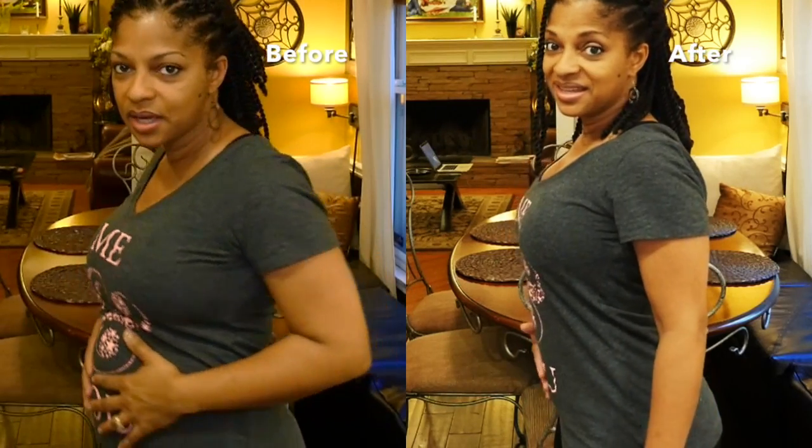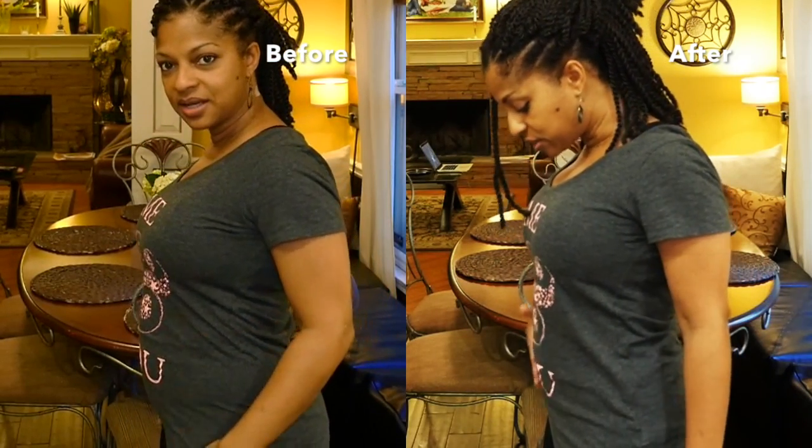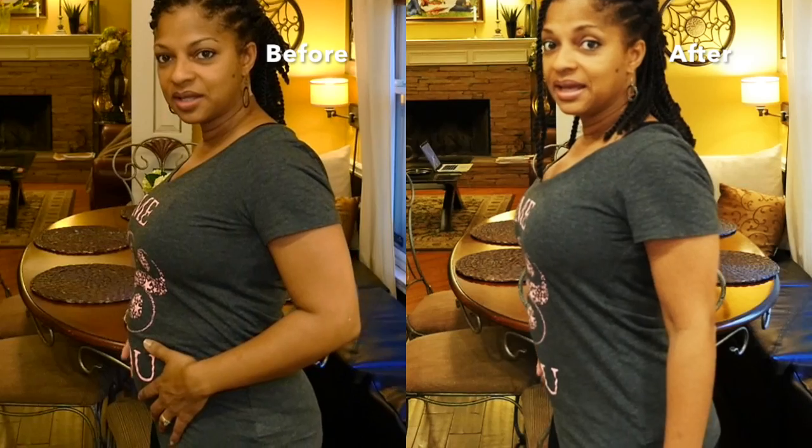So I wanted to show you what I look like. I'm going to step back so you can see. Since I didn't measure myself, I forgot to do that. I have on the same thing I had on before, so as you can see, actually my stomach, I feel the difference in my stomach is a lot smaller, I think, and